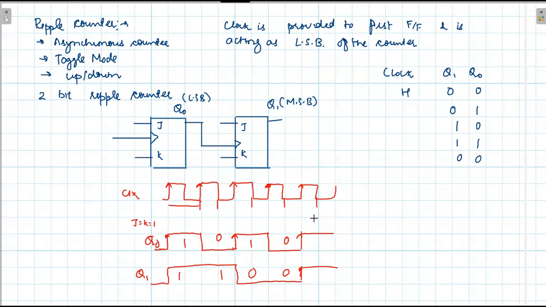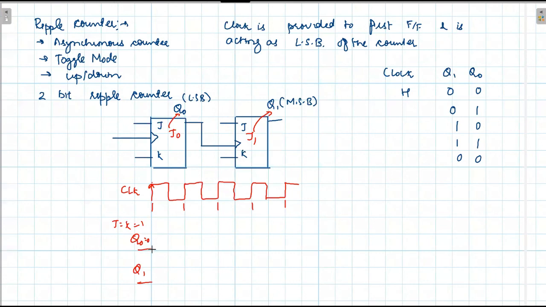So this is how you can see your system is actually counting from 1 1, then 1 0, then 0 1, and then 0 0. After that again your system becomes 1 1. It's a simple thing, and you get quite a good idea of how things are being accomplished in an asynchronous counter. If you are having any doubt, we will discuss it, otherwise we will proceed ahead.